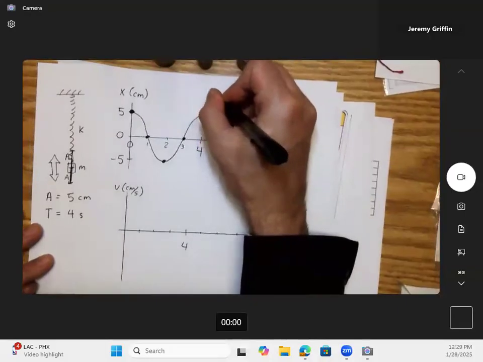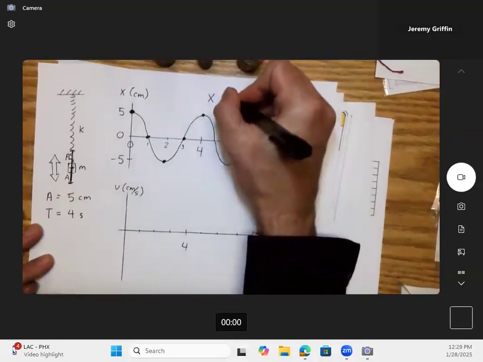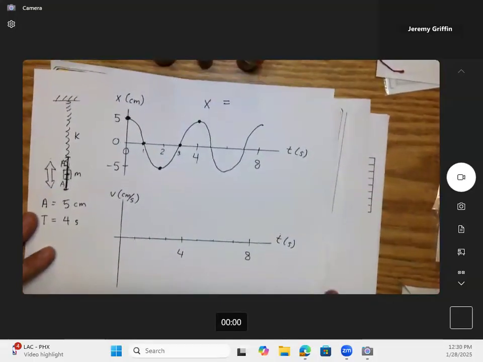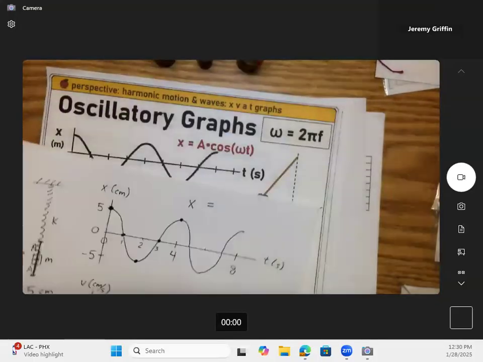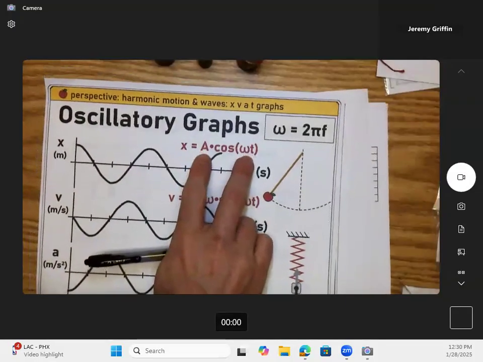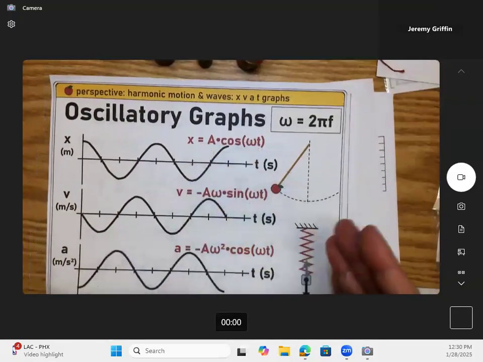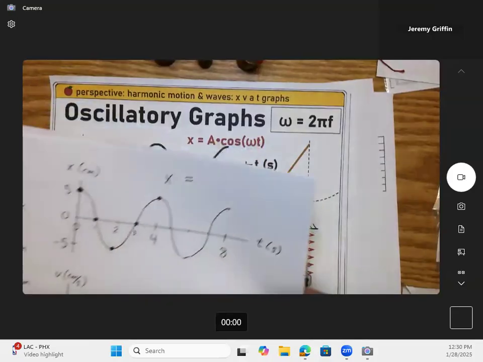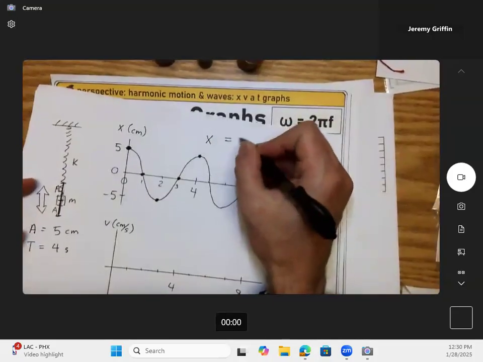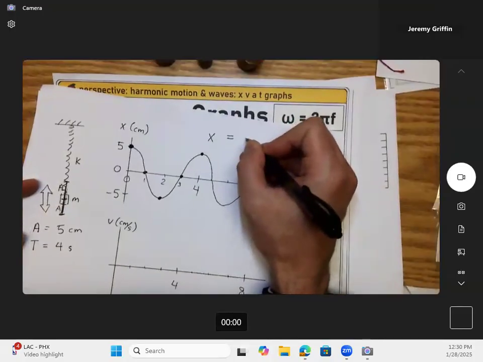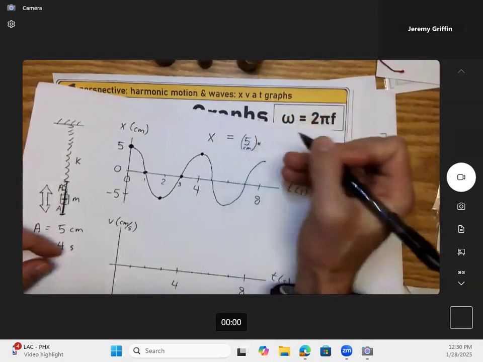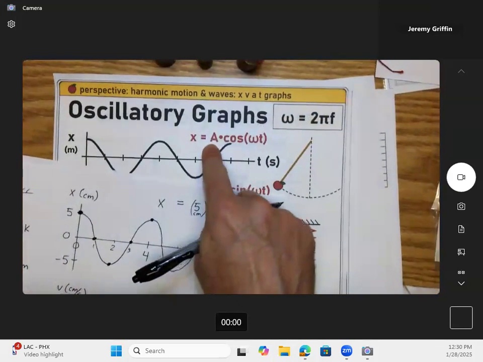So say x equals, or you can say x of t if you want it to look like a function. That's okay too. x of t equals. Now I'm going to use this poster as a model. You guys see this red formula right here? On my poster, it's just variables, but I give you guys a couple of numbers. So x equals what? Guys, what's the first number I want to write right here? Yeah, 5 centimeters, multiplied by, because that's where the amplitude goes, 5 centimeters,